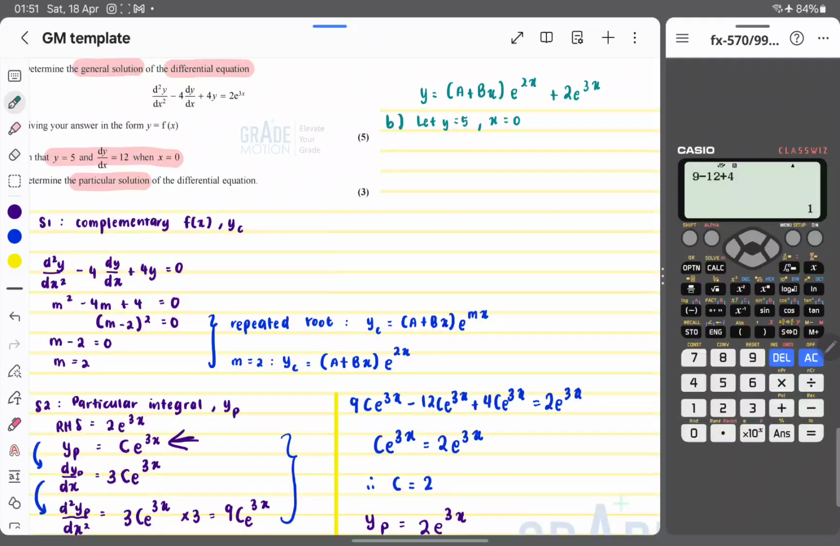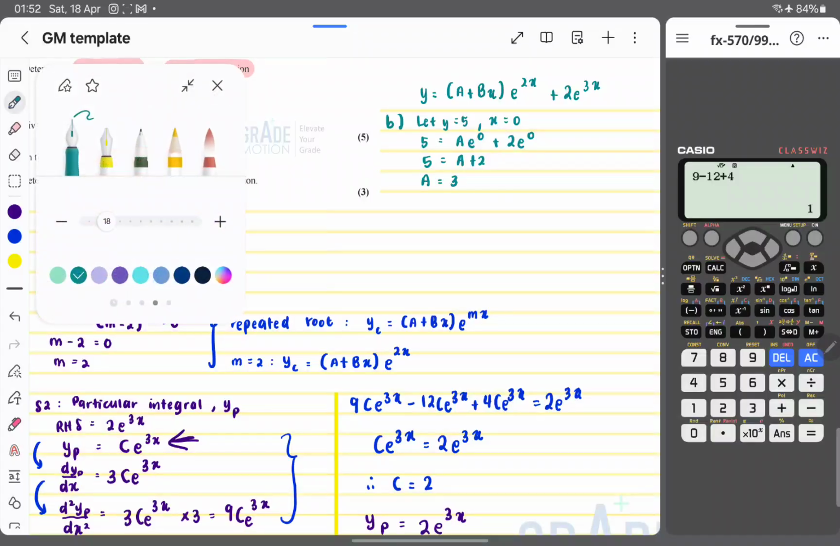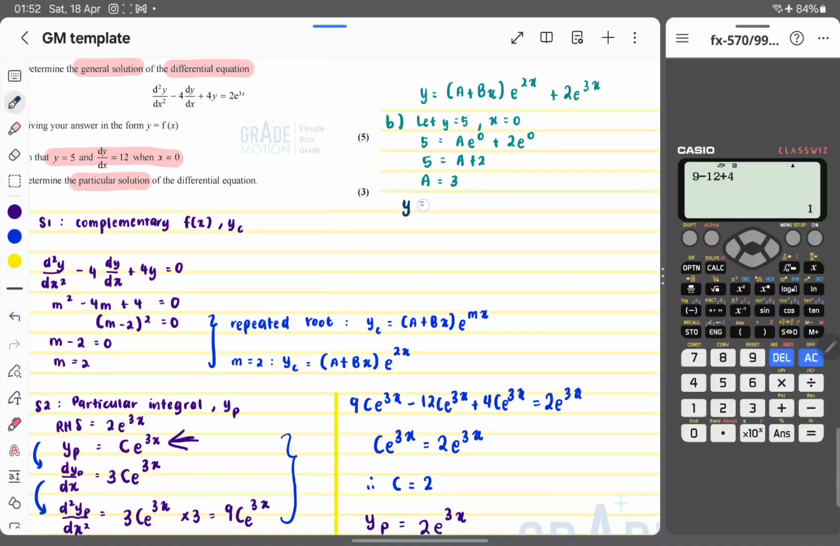So if we substitute y and x, we will get 5 is equal to (a plus b multiplied by 0) e to the power of 0 plus 2e to the power of 0. That b term will just be 0. e to the power of 0 is just 1. So 5 is equal to a plus 2. a is equal to 3. Let's rewrite our equation. If we rewrite our equation, we will get y is equal to (3 plus bx)